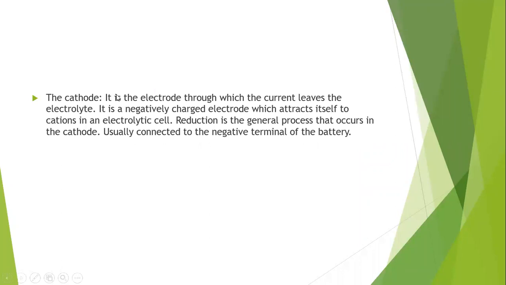Lastly, the one I didn't talk about, which apparently I mentioned while I was making my explanation, is the cathode. The cathode is the electrode through which the current leaves the electrolyte. So don't forget that the anode is the portion in which the current is entering into the electrolyte, while the cathode is the portion in which the electricity is leaving the electrolyte to complete the circuit. So the cathode, as I said, is the negatively charged electrode, and because it is negatively charged, it will get itself attracted to the cations, because cathode is negatively charged, cations are positively charged. And in addition, I've also said that reduction is the general process that occurs in the cathode. So, at the cathode end,